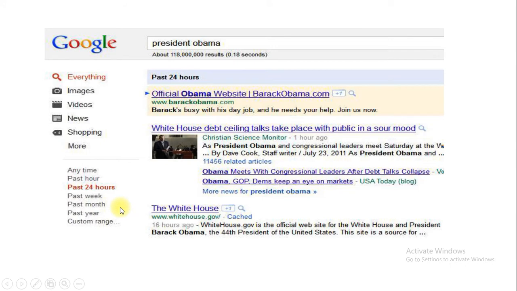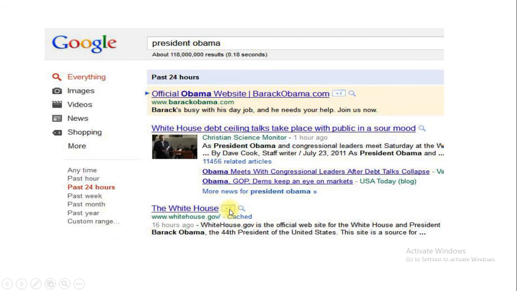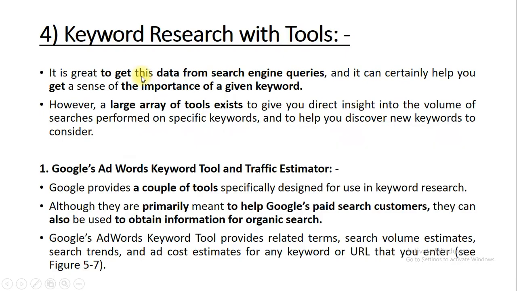So definitely you can use any advanced search operator, or any search engine gives you the facility to have any advanced search operator, or you can follow this particular table to get recent information or any information which belongs to the particular time duration.